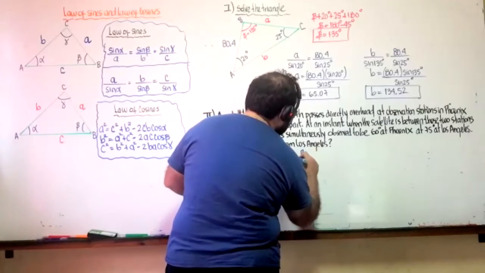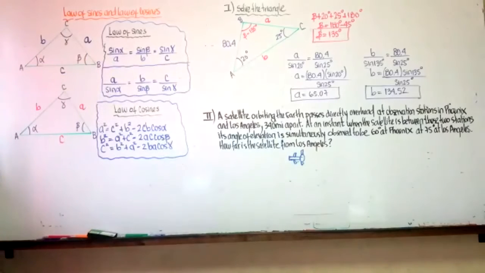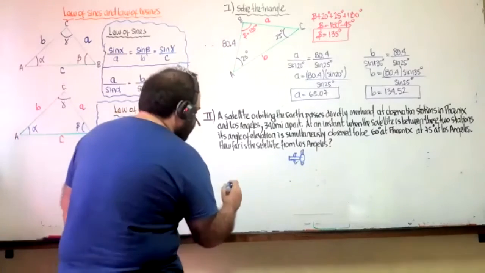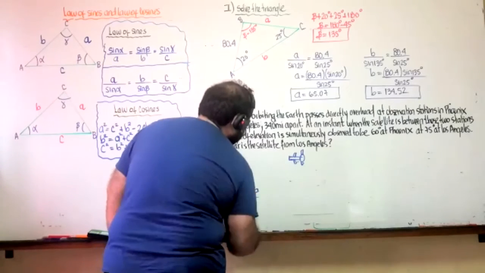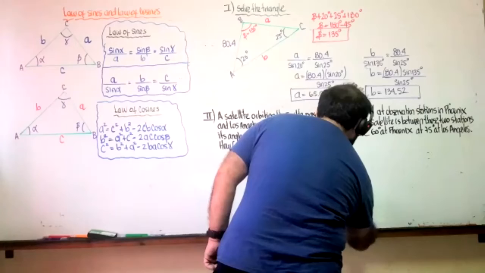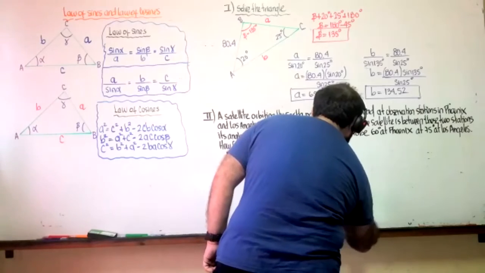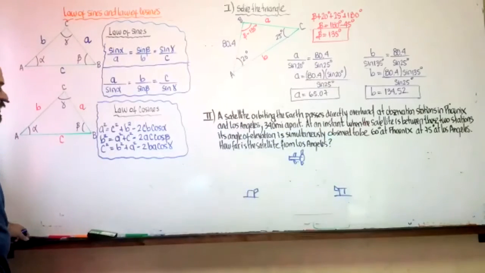This is a satellite orbiting the Earth and passes directly overhead at observation stations in Phoenix and Los Angeles, 300 miles apart. So we have one station over here and another one. One of them, obviously, we can call this one